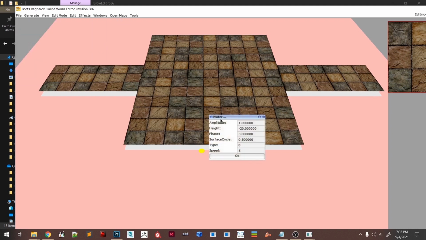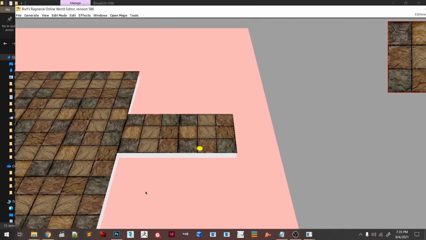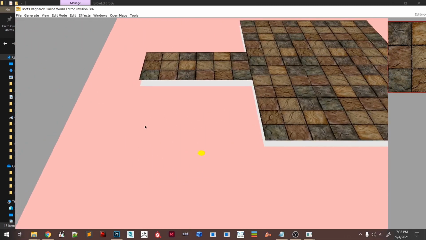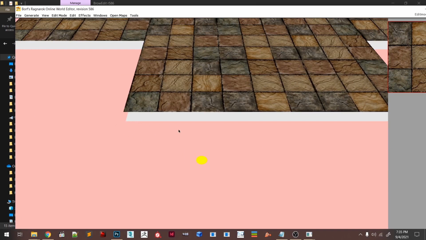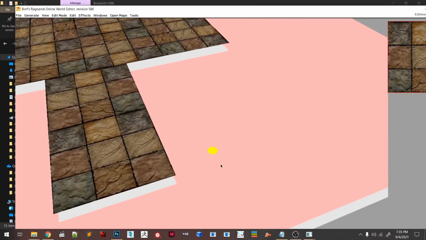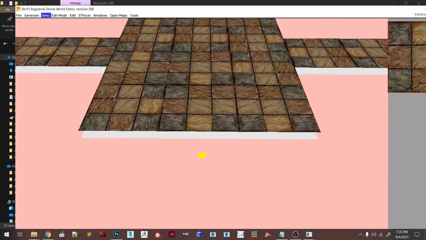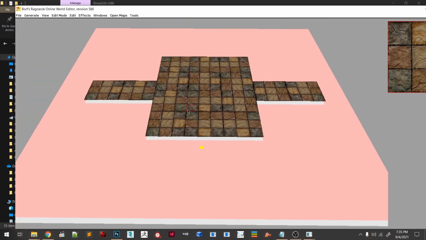I wonder what's happened to the water right here. Cannot see it. Alright. So now we want to add some wall here. Alright. So we can make sure the water will not be visible here. So what I want to do is go to Edit mode, Wall Edit. So Wall Edit is F4 and F1 is Texture Edit. So make sure you save and go back to F1 and select a piece of your texture.